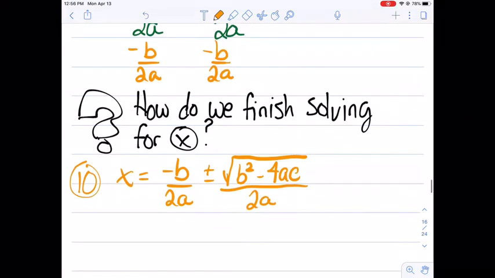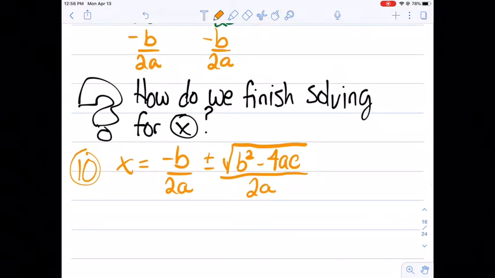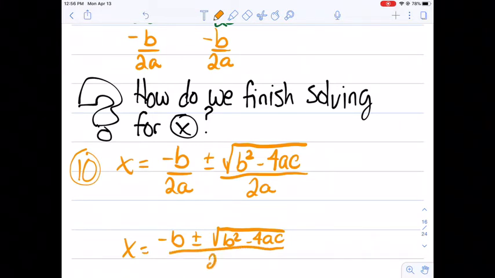Okay, and if I mash those two fractions together because they have the same denominator, I get this final result. I will get x equals the opposite of b plus or minus the square root of b squared minus 4 times a times c